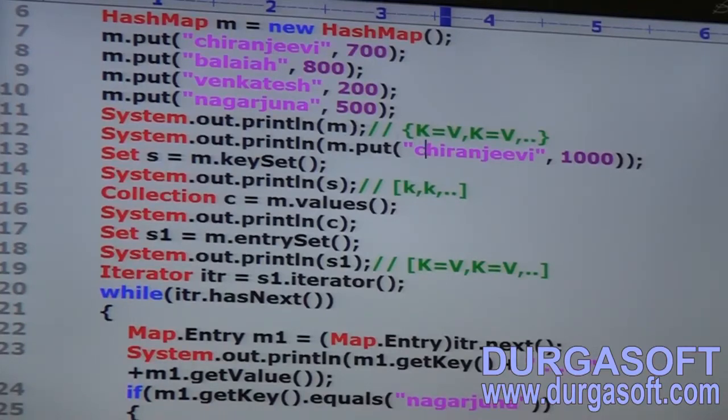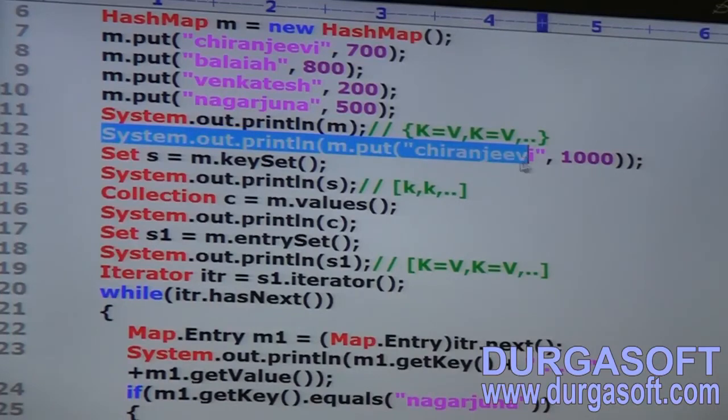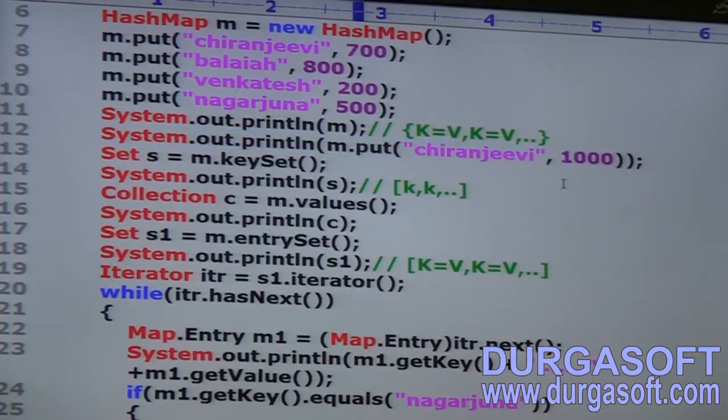SOP of m, key value pair. Completed, right? So can you tell what is the value we will get for this SOP? 700, because the old value got replaced, right?